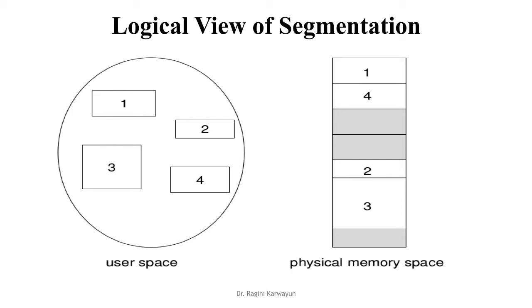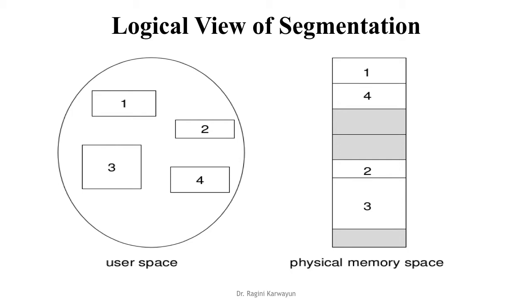So there is no internal fragmentation in this memory management technique. However, this technique may suffer from external fragmentation. For example, if segment 4 has a length of 1000 words and it leaves the memory, then we will have a 1000-word hole in the memory which can be occupied by different processes whose space sums up to 1000 words. It can constitute another segment of 1000 words, or two segments of 500 words, or any other combination.